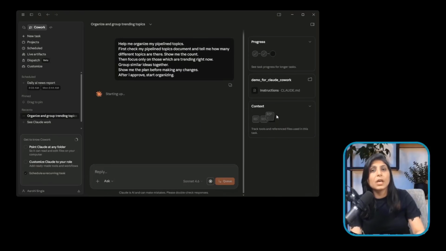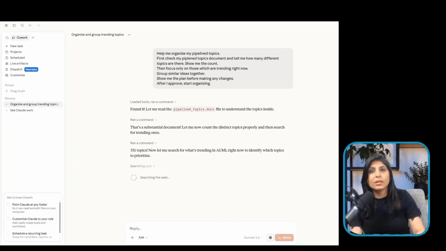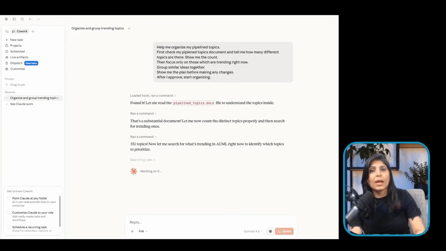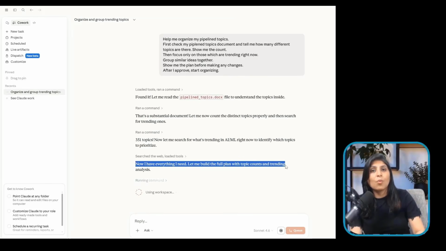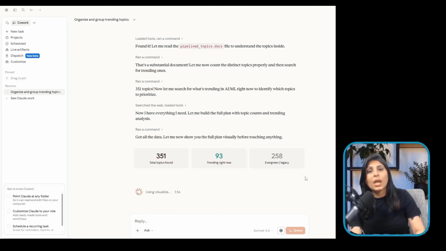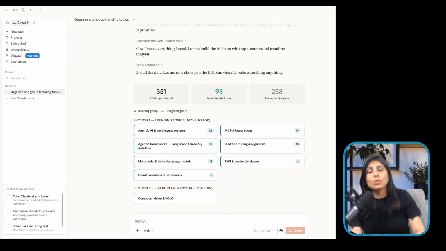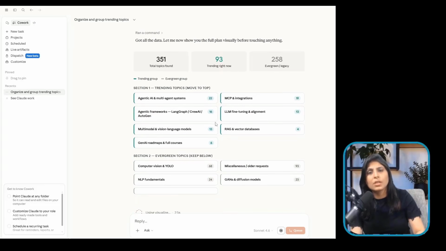And here you can see the entire process happening step by step. So it found 351 topics in the pipeline topic document, and then it started checking what's trending and then it is prioritizing those topics. And out of 351 total topics, 93 topics are trending right now and 258 are evergreen topics.